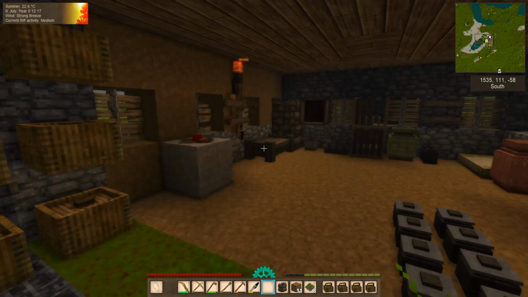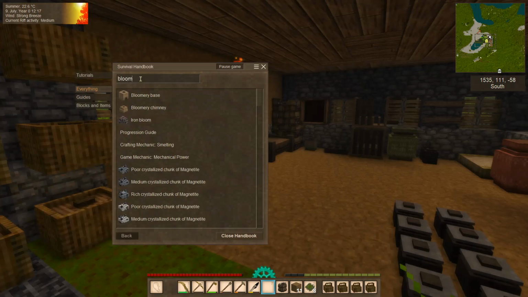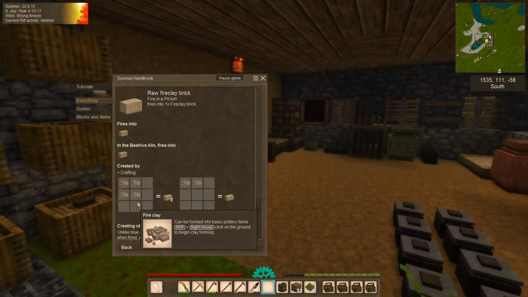Bloomery, that's what I need. No H. Bloom. Bloom. We need bricks. So, oh crap, that means I've got to go out to the, yeah, I need these guys. FireClay bricks. Yeah, firing in a kiln, I know. Raw FireClay brick, yeah. FireClay. Yeah, but you can't just...